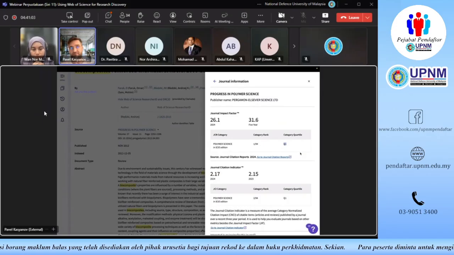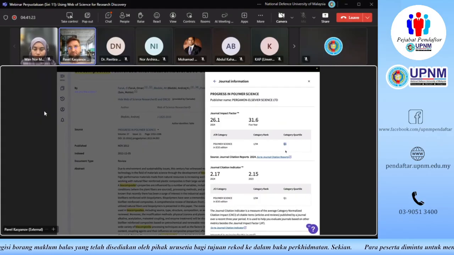So why do I think this is important? Although we are a commercial company, and of course we would love UPNM at some point to subscribe to Journal Citation Reports, what I'm trying to say is that even if you don't have a subscription, you're still going to see the quartile of this journal.